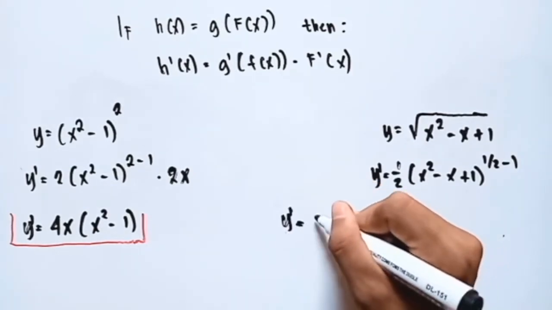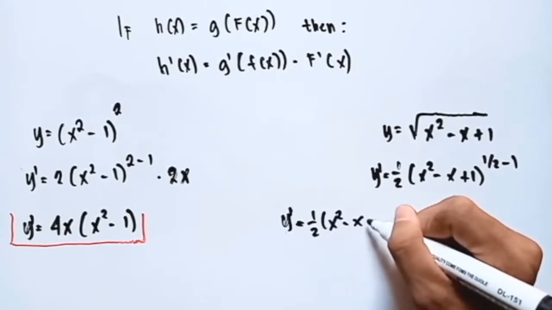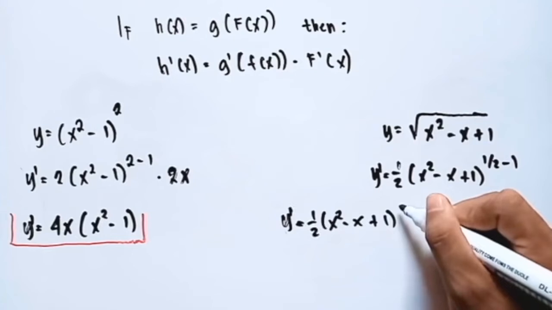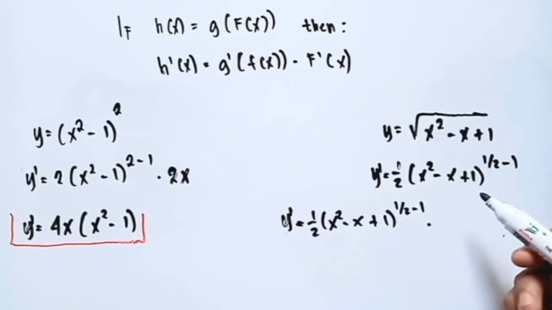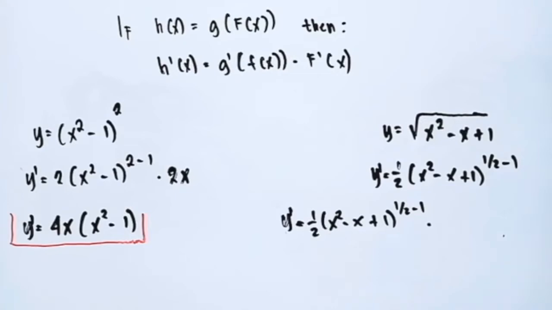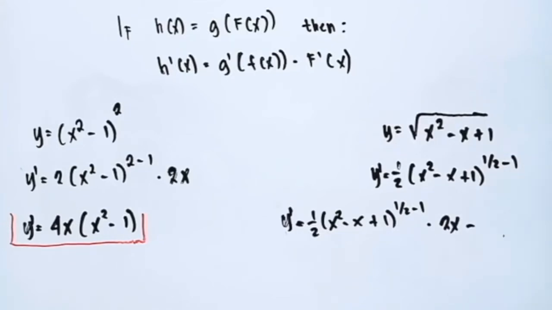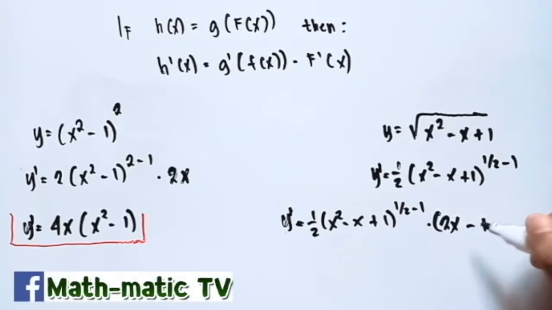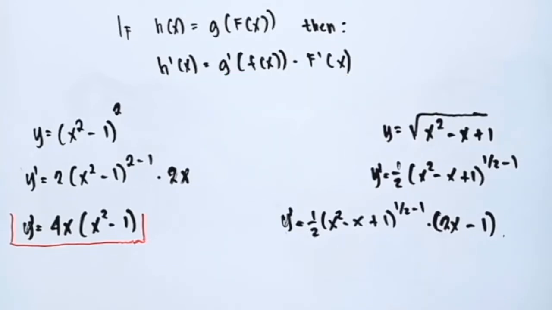Y prime is equal to 1 half times x squared minus x plus 1 raised to 1 half minus 1 times the derivative of x squared minus x plus 1. So what is the derivative of x squared? 2x, minus the derivative of x, which is 1, plus the derivative of 1. The derivative of 1 is 0. Hence, this is equal to